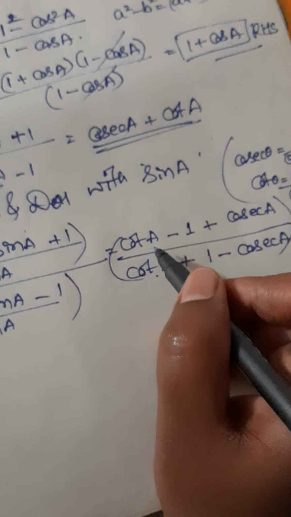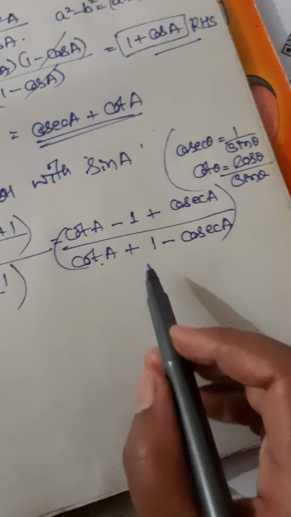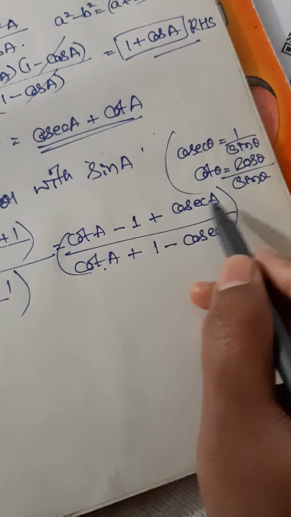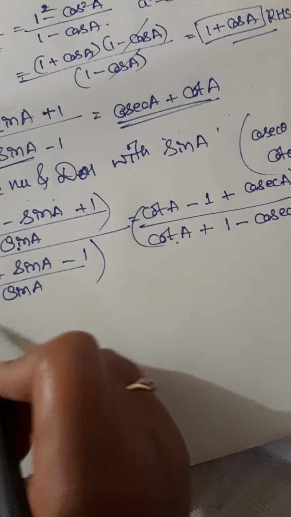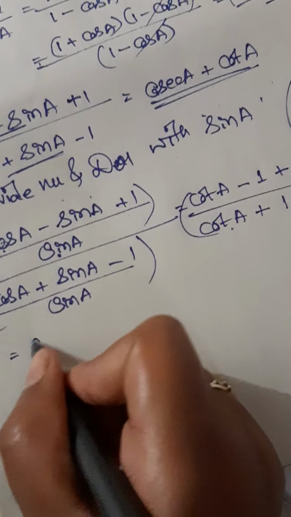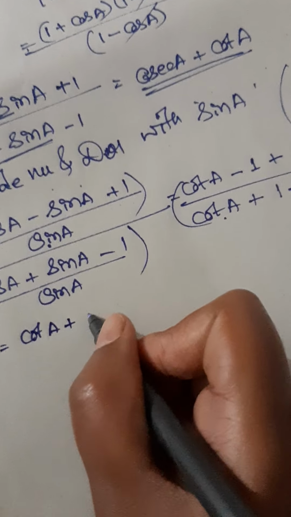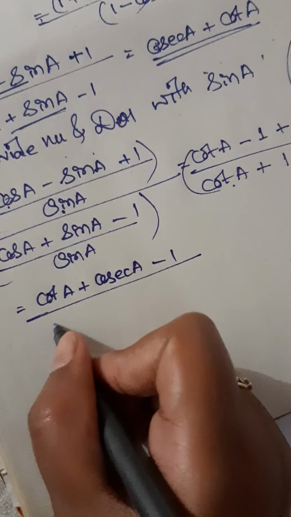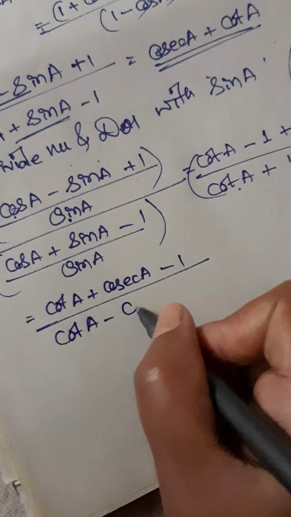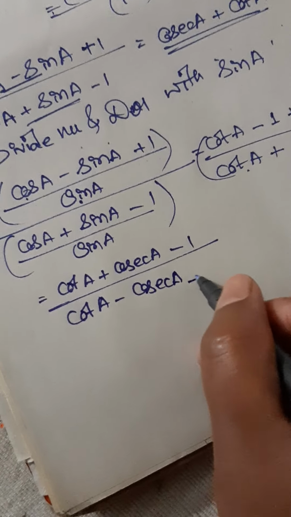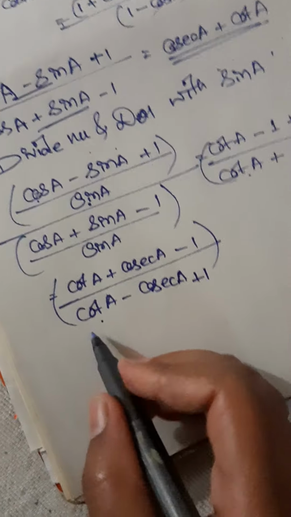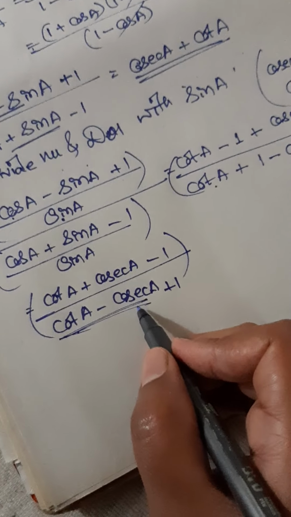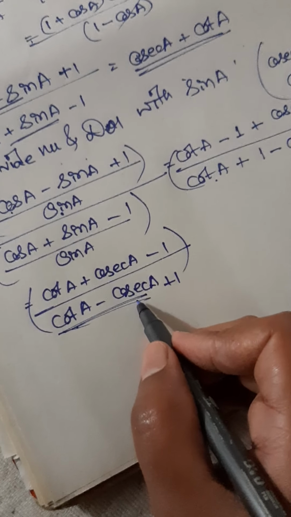Okay. So for this we can interchange: we will take this 1 and keep cot and cosec on the same side. So cot A plus cosec A minus 1 divided by cot A minus cosec A plus 1. See this, cot A and cosec A, it's very important, and by this we can do